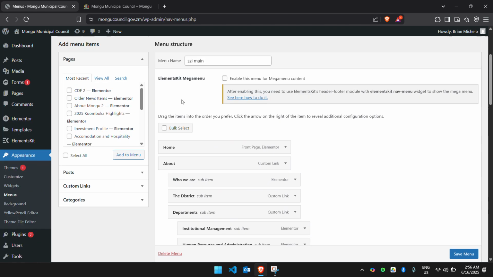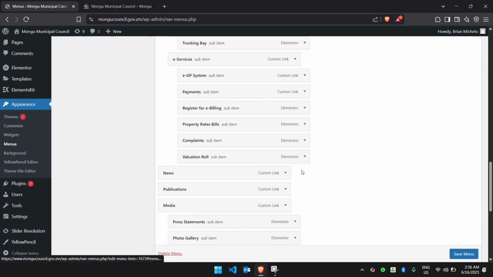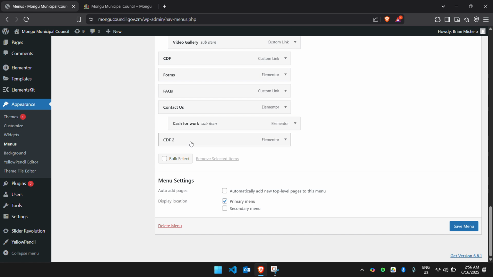So if I go up here, you will see that here under pages, most recent. The most recent page I have created is this one, CDF2. And if I pick it and I say add to menu, CDF2 is going to be added to my menu here. And if I say save menu,